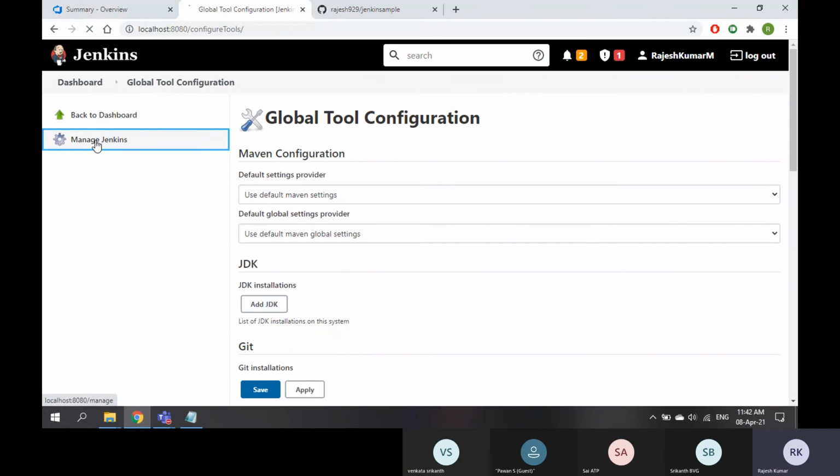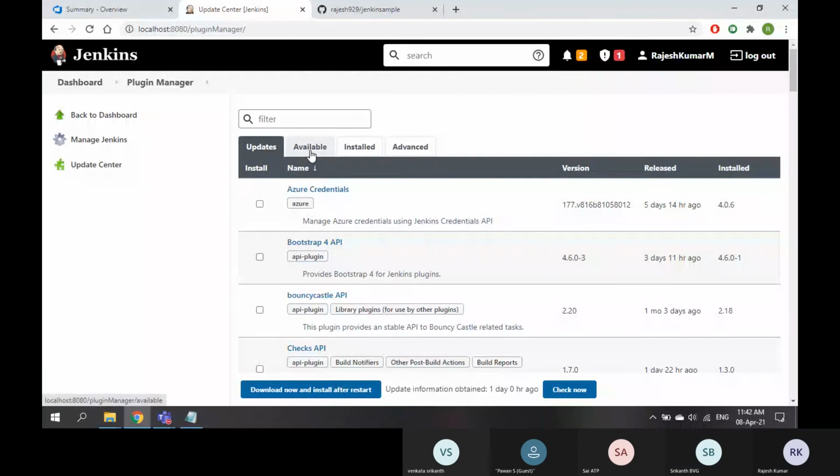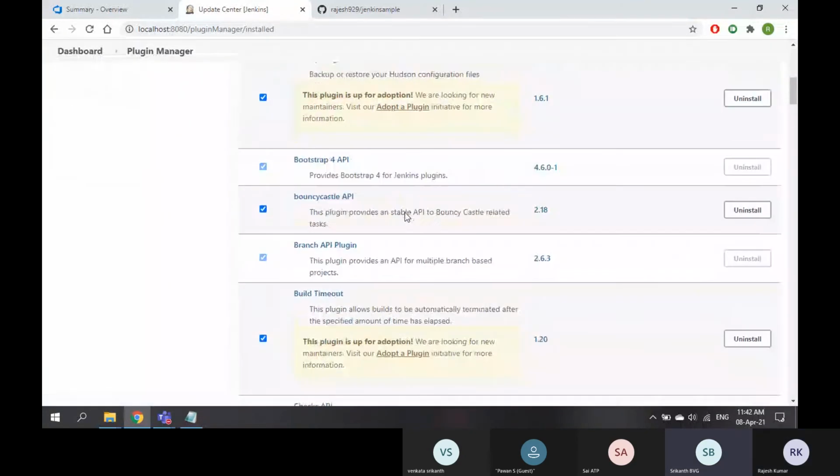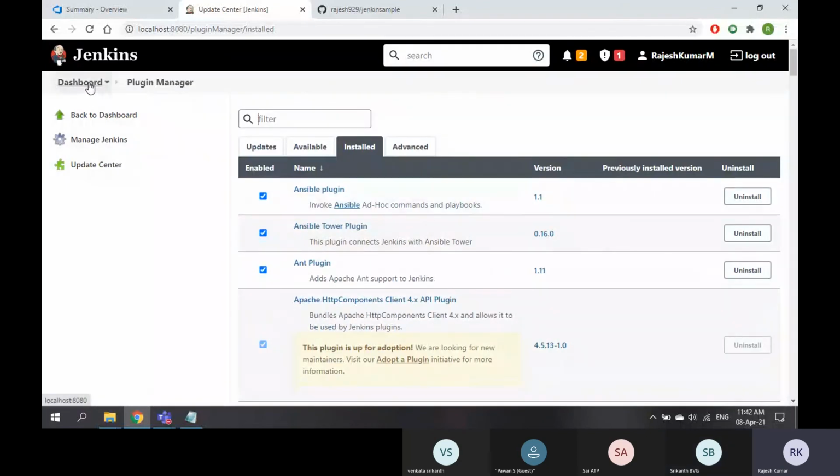Maybe not here. Let me see the plugin first. Yeah, it's installed. Backup, okay, it's installed now.